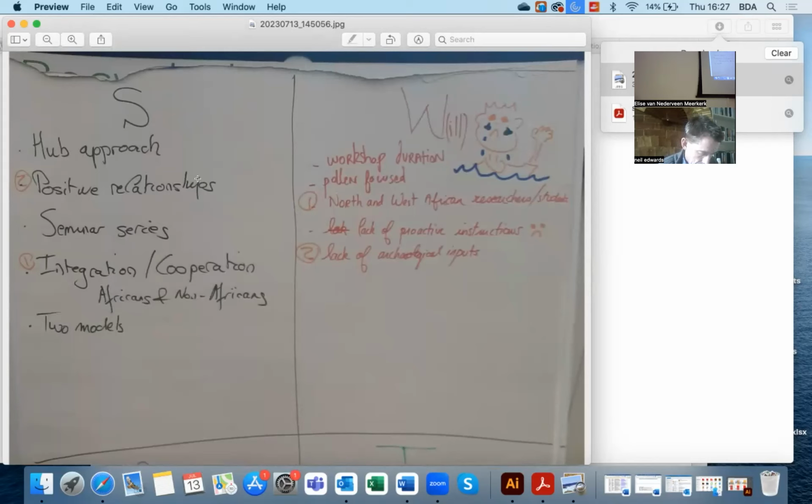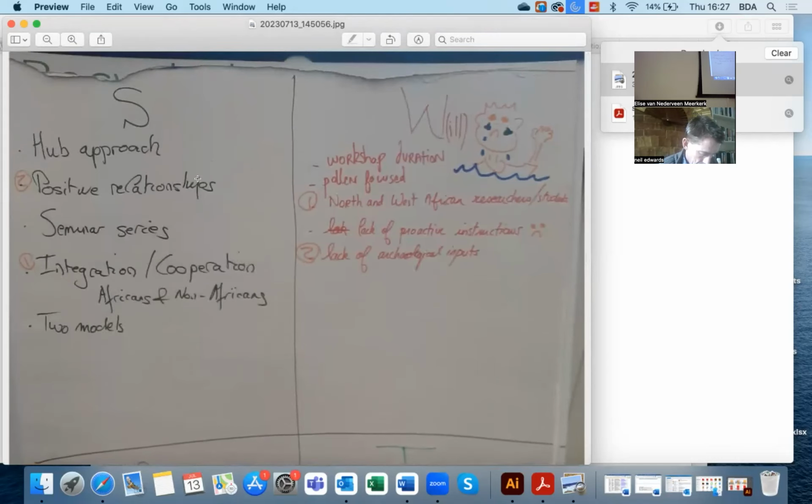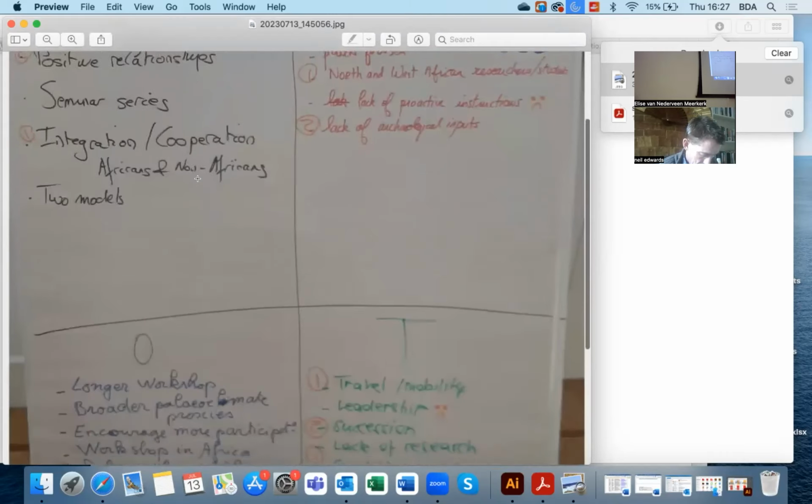Should I go through all the categories, or do you? It's the mouse, I think. Sure. Do you want to do strengths, or I just go to the categories. So